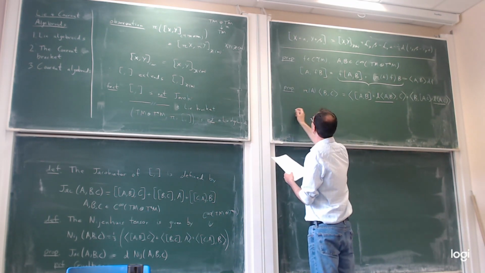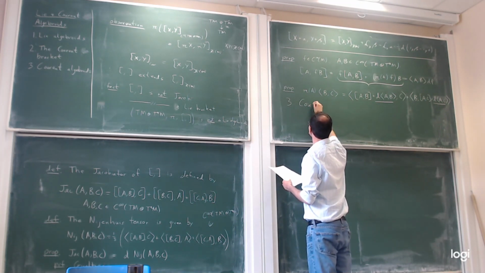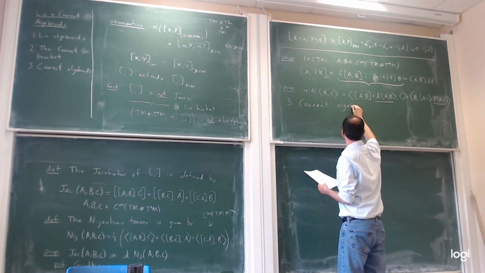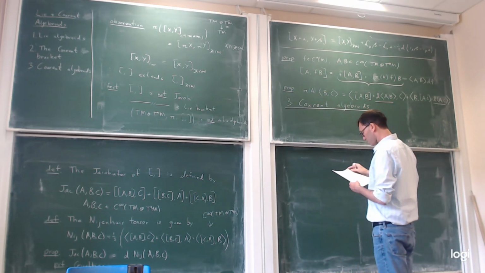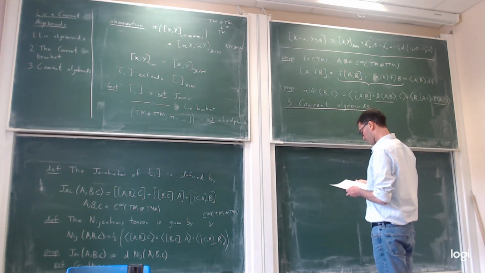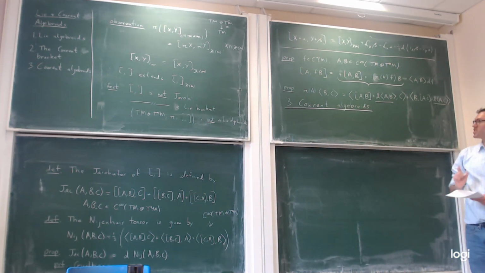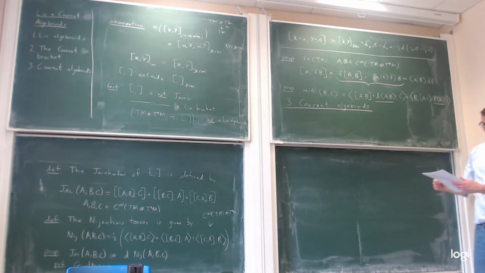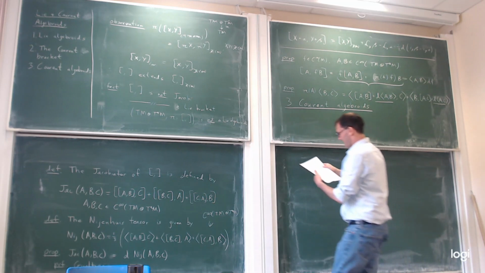So this is section 3, Courant algebroids. This section consists of one definition, but it is an impressively long one that will fill this entire board plus this bit that we have here. So, definition,